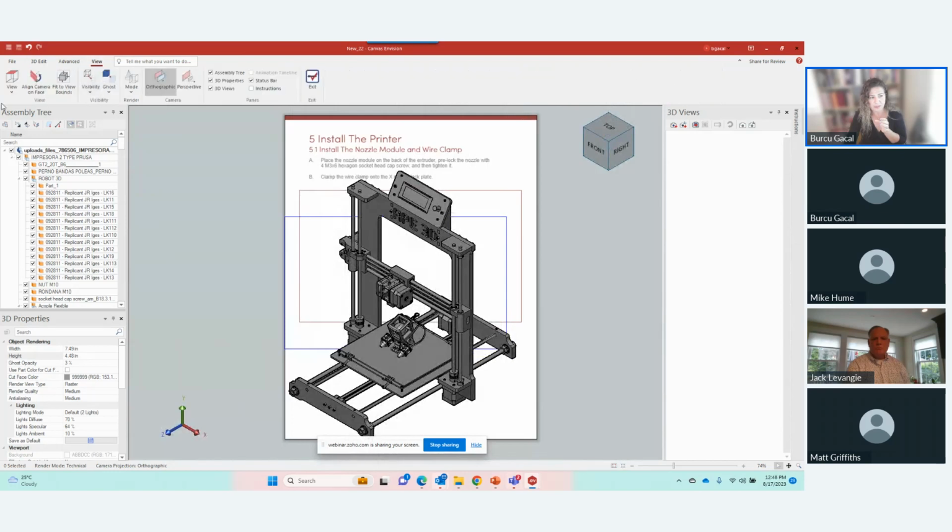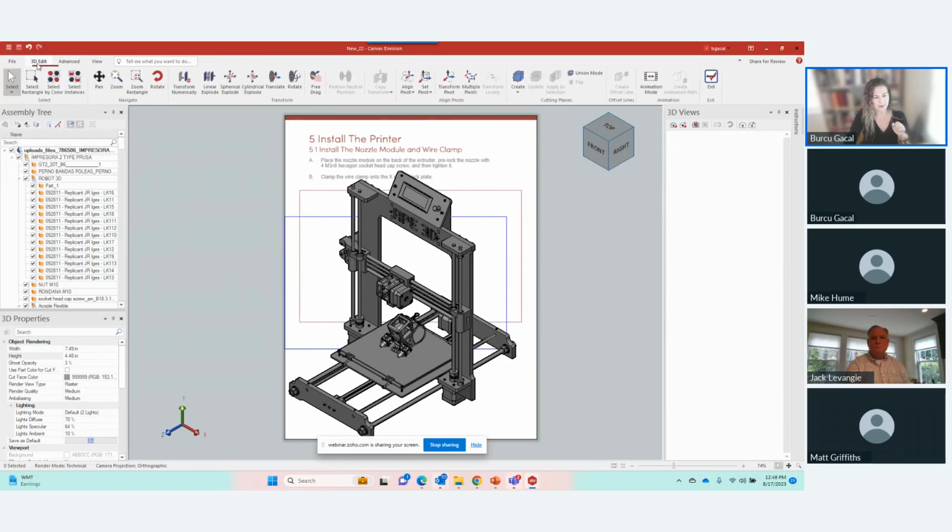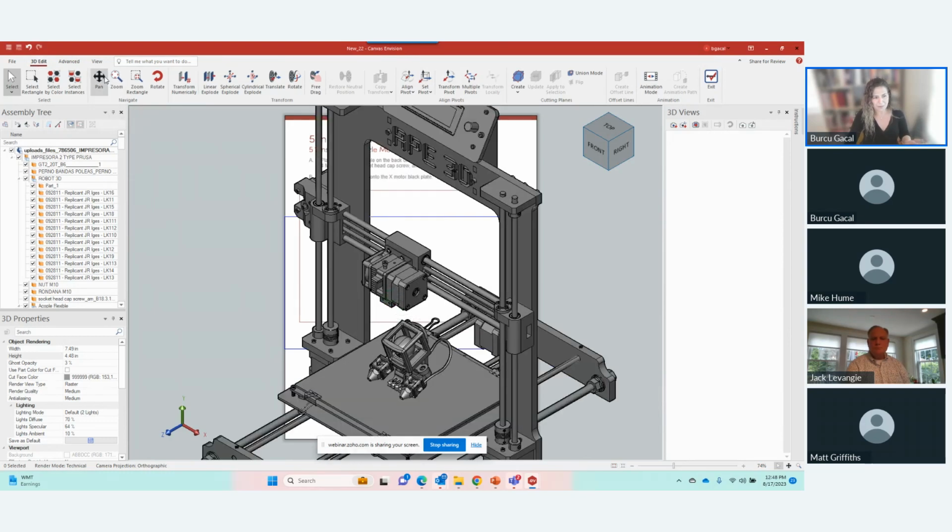We also have some pre-built previews, like you can see here on the left-hand side. If you want to grab any isometric view, side views or corner views, you can easily rely on our View tab over here. We also have, in the Edit tab, 3D Edit tab, navigation functionalities to zoom in and pan the model, but